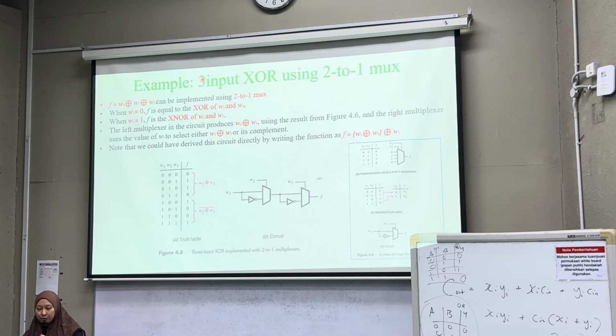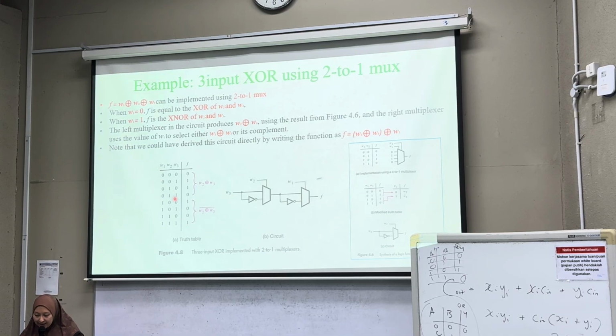So if you are to draw or design a full adder, we need this 3-input XOR. A 3-input XOR can be implemented using a 2-to-1 mux. When W1 equals 0, F equals the XOR of W2 and W3. This is my